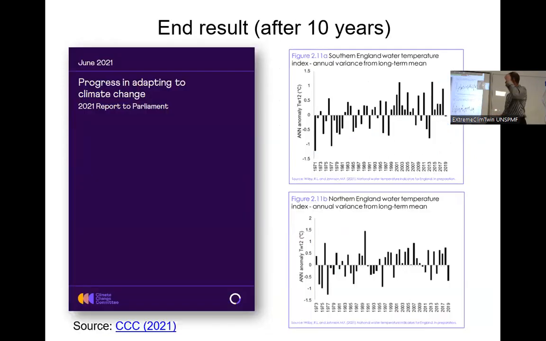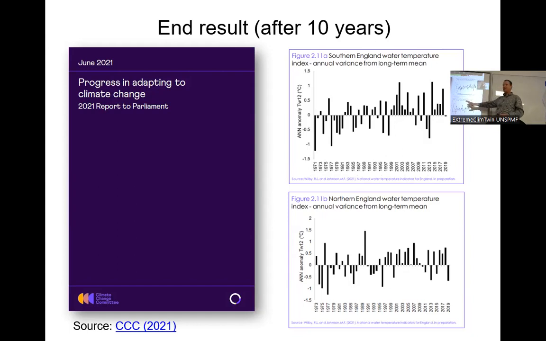So I hope you can see, going through that process, how much was involved in developing this national indicator, which eventually appeared, I'm very happy to say, in this document that was put before our Parliament to show how our rivers have warmed in England since the 1970s. So these are some of the earlier data I was showing. So this indicator has been gathered together,